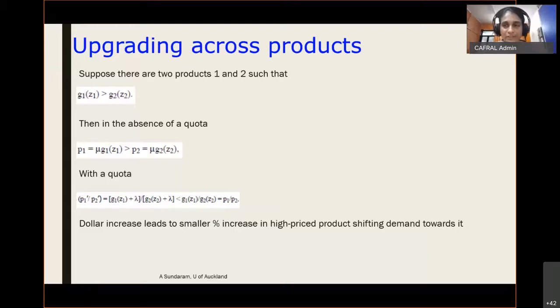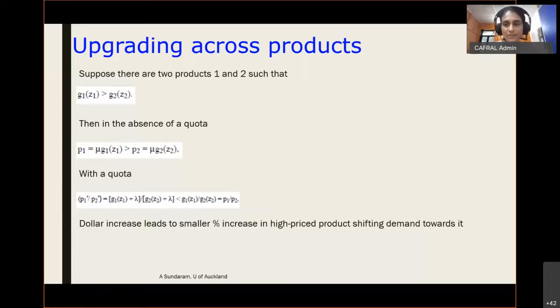So you have a $3,000 car and you have a $10,000 Mercedes, right? So $3,000 is the cheap car, $10,000 is the luxury car. Suppose you put on a quota for imports. Then the quota is going to raise the price of the $3,000 car and the $10,000 car both by the same amount of $1,000. So the $3,000 car price goes to $4,000, which is a big increase,